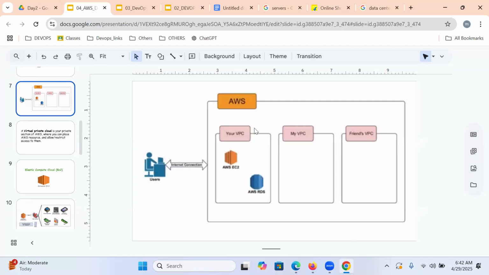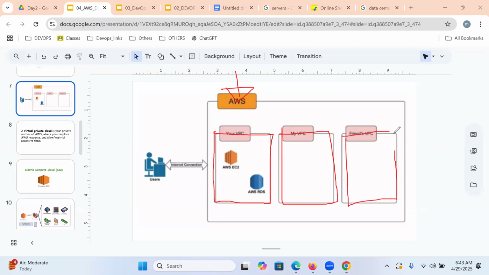In AWS, anybody can get in, you and me, like Gmail, Facebook, Amazon, anyone. Anybody can sign up and sign in to AWS. Once we get into AWS, you can get your own private section, for you, for me, for your friends also.